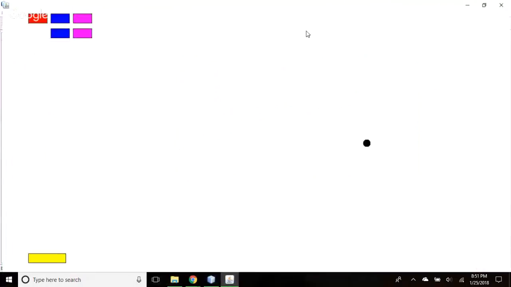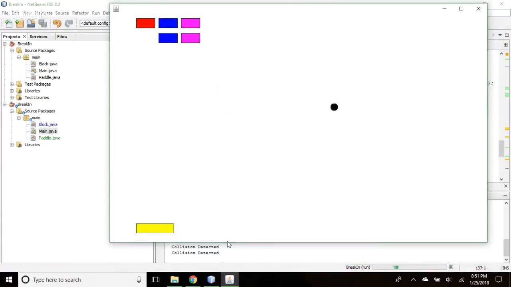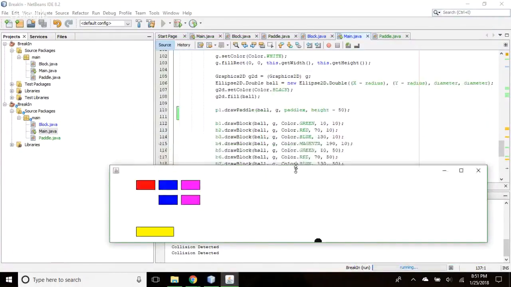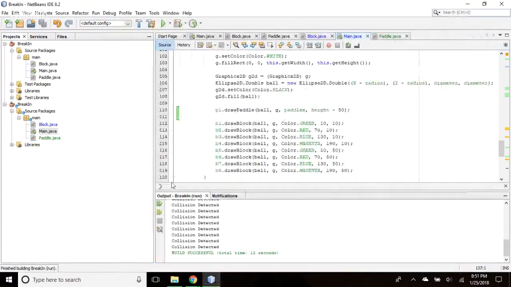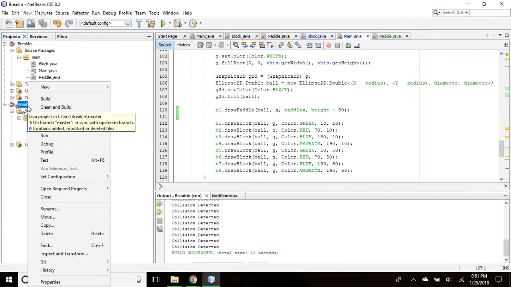Okay, there it is. It has all your changes in it. Okay. Yay. And then close it now. I think right mouse button, click on your bottom break-in project. Hold on a second. Go down to where it says Git.